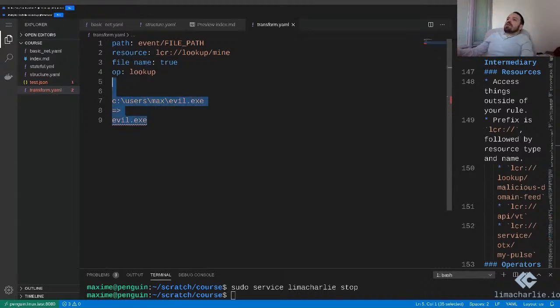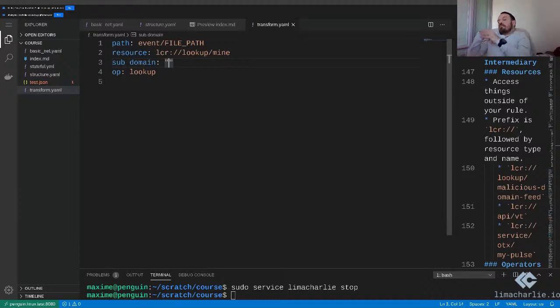The other transform is the subdomain. Can't remember if there's a space. There is a space. So subdomain, it will take a different type of value. So it's a slice notation. If you haven't done software development before, it might take you a little bit to grasp it. But essentially what you're doing is you're describing what part of the domain you're interested